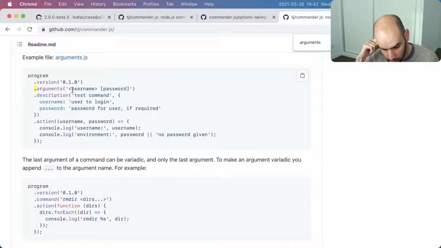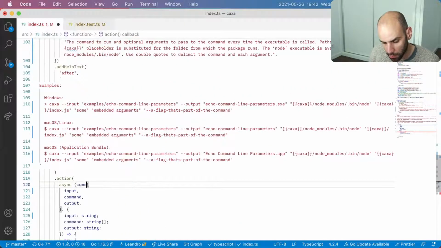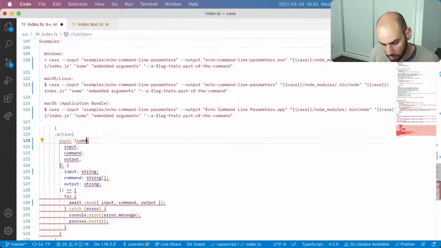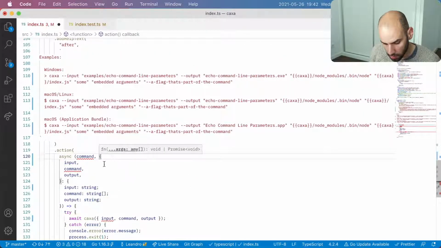So the arguments are here, and then the action receives the arguments positionally. So I think that this will be like, where is it? Right here. We will receive the command by position like so, and this will be a string array.